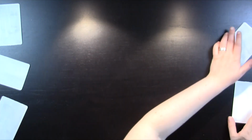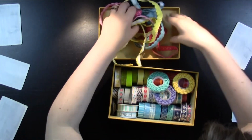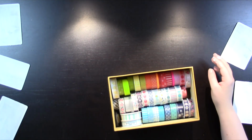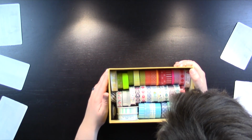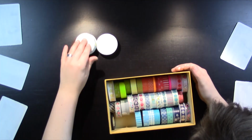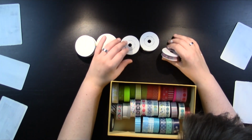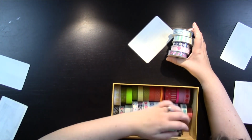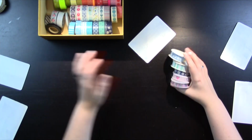So now I'm gonna work on the colorful backgrounds. These are the washi tapes, so I don't want to have the fabric tapes, I don't think, but these are the washies. So I want to use pretty much all the colors, and I want them, oh, these are fabric ones, so maybe they should go in the middle. 5 colors, so 1, 2, 3, 4, 5. Have them be the middle, and then have different washi tapes around them, but not the fabric ones anymore. So I'm putting away the fabric ones,